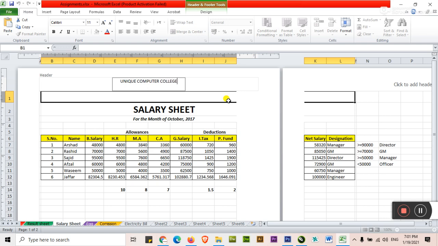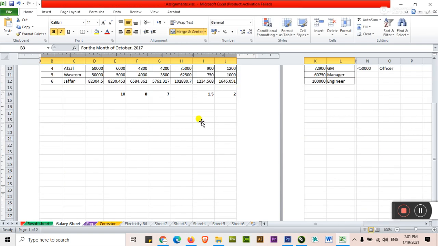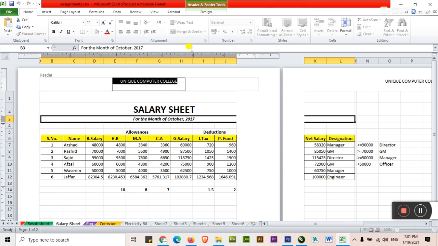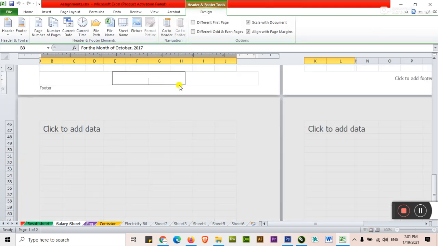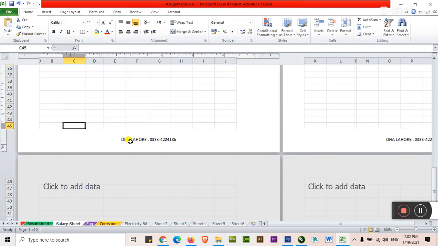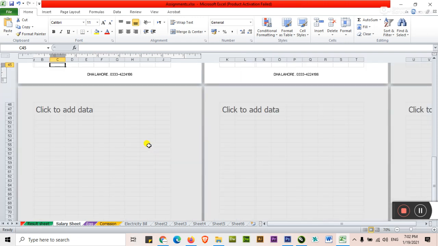Unique Computer College. And design, go to footer. Now this footer will repeat on every page.